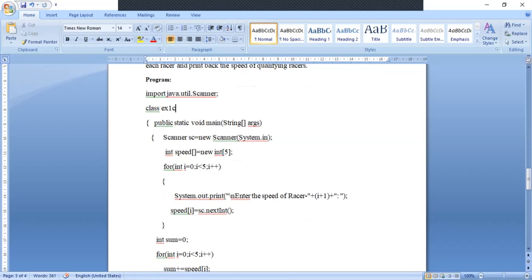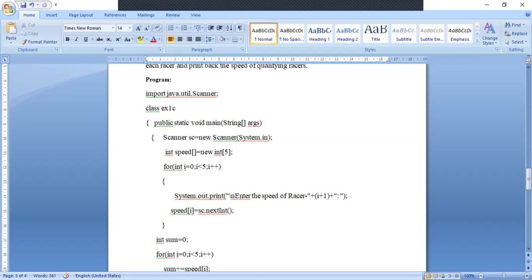There are two steps to using the Scanner class. The first step is to create an object of the Scanner class. Scanner is the class name here, sc is an object, and new is an operator to create memory at runtime, and this is the constructor taking System.in, the input stream. That means it collects the input from the user's keyboard.